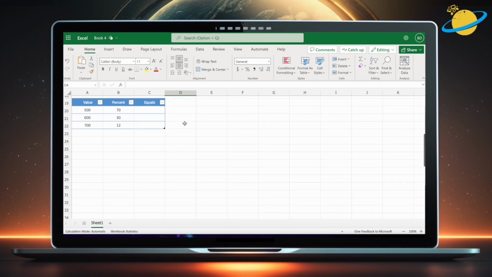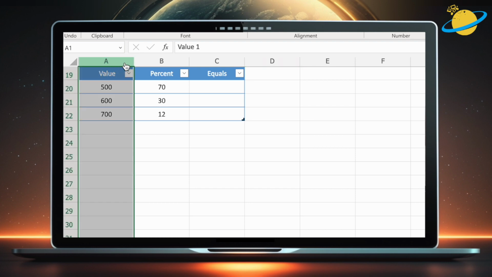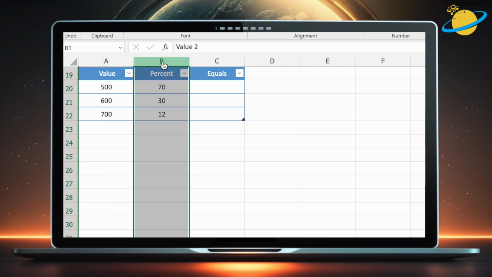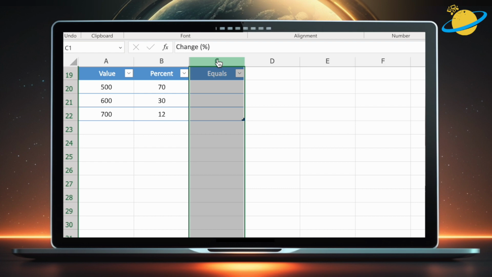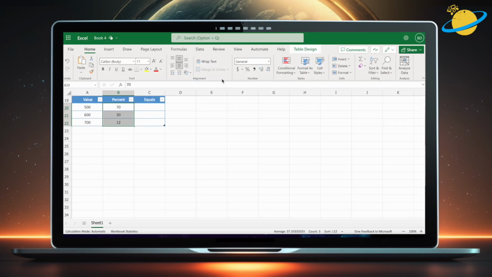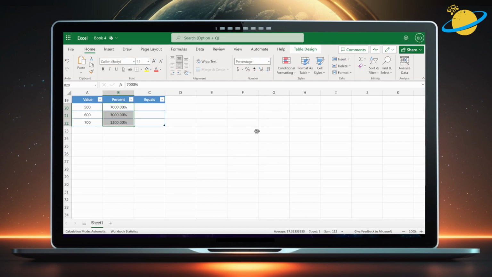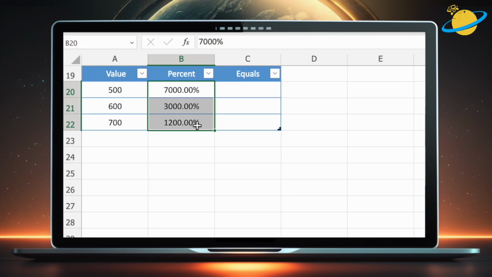You can also calculate the percentage of a value using a basic multiplication formula. Here we have the first value, the percentage of the first value that we want to find, and a column for the results. If you want percentages in column B, you can select the cells and head up to the ribbon. Click the drop-down in the Numbers section. Then select Percentage. Because the percentage format multiplies the value by 100, we'll need to clear the cells and enter